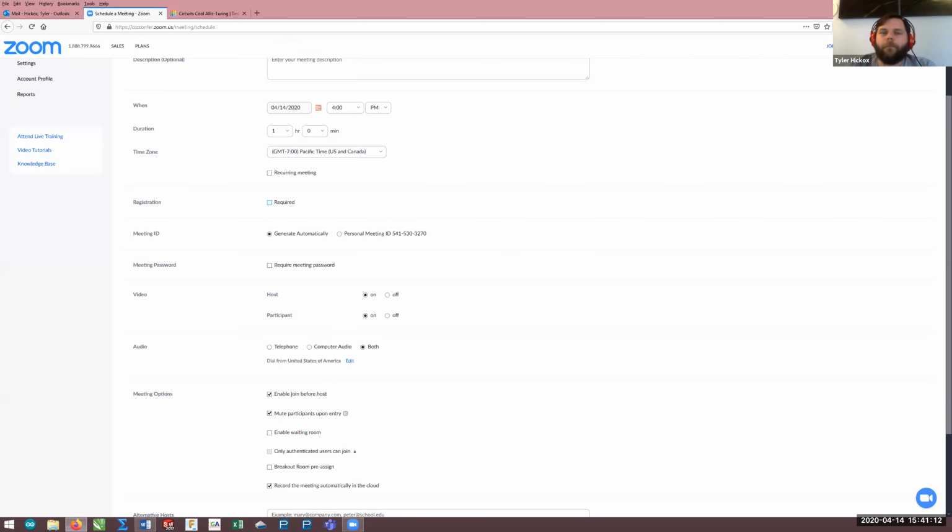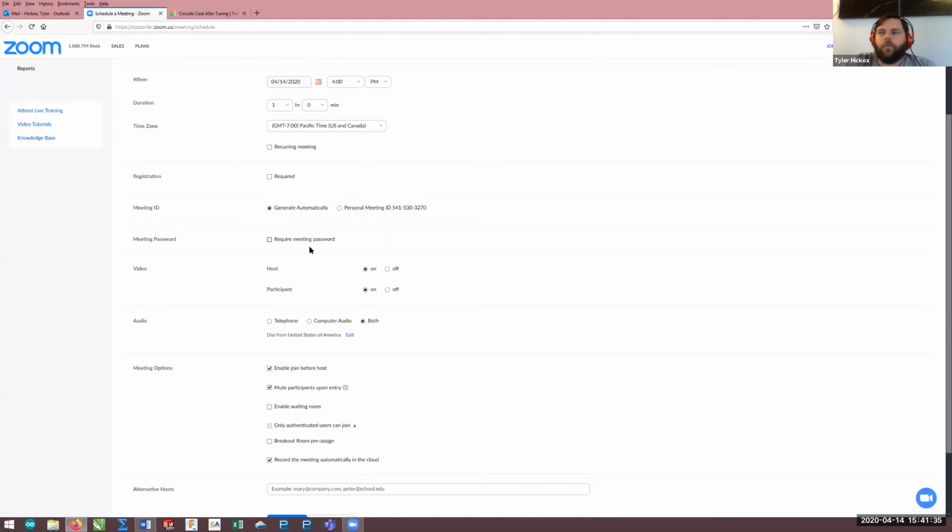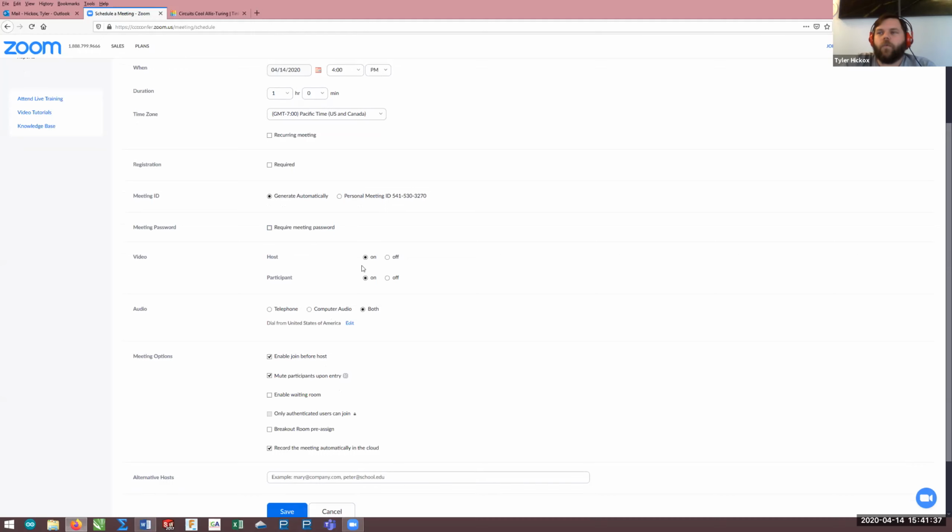It asks for their name when they sign in. And then if you're worried about bombing, here is the require meeting password. That makes up a generic password, but you could have that say workshop or just about anything you want. But I recommend that for video, if you are having a problem with people, turn that video off, and enable